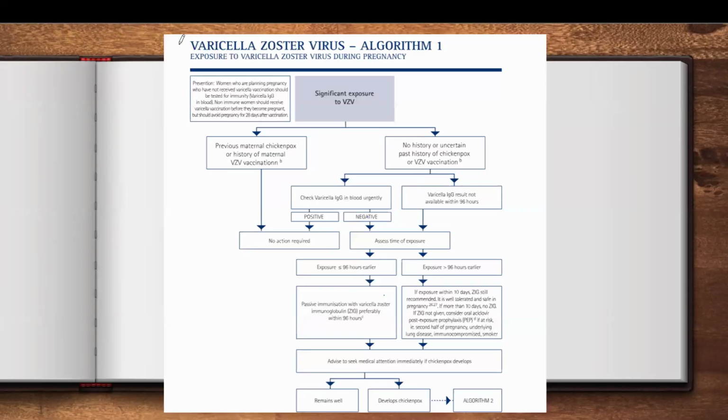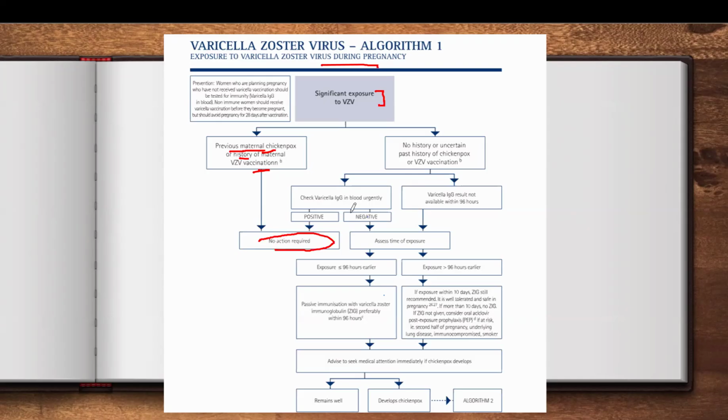So this flowchart is from the ASID, which I had mentioned in my list of references. So you can see here, during pregnancy there is significant exposure to varicella zoster virus. Now we see if there is previous vaccination or previous chickenpox history. If any of this is present, like we have the evidence of vaccination or the mother had chickenpox previously, then no